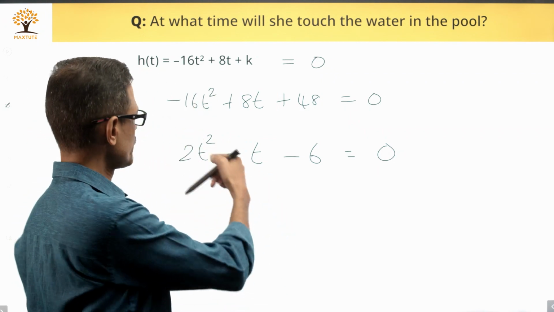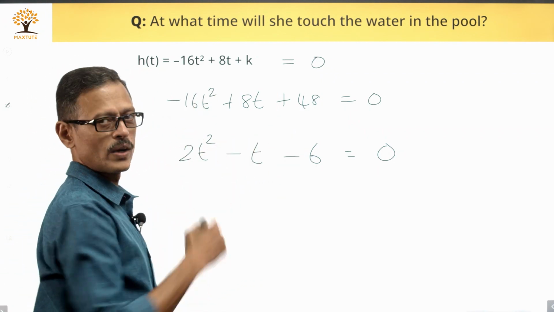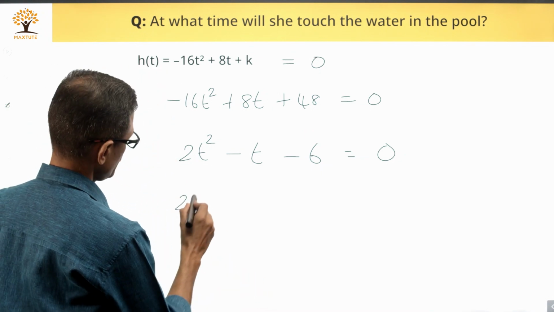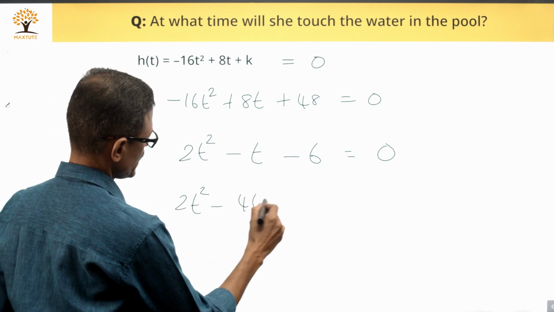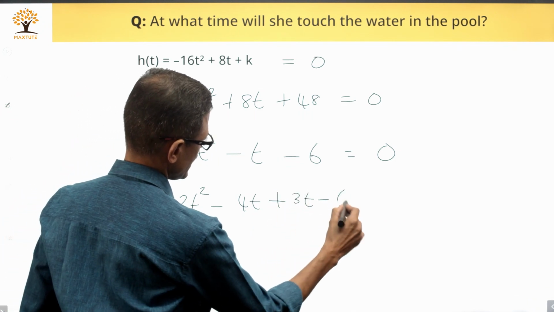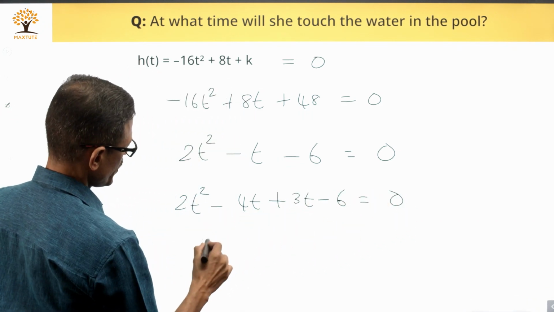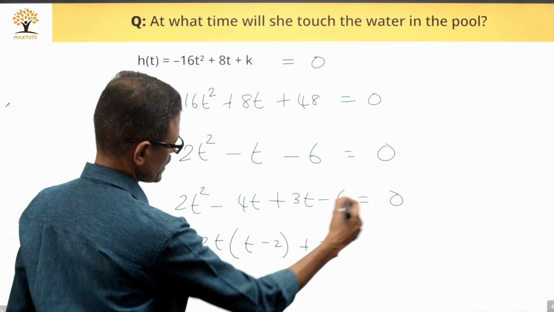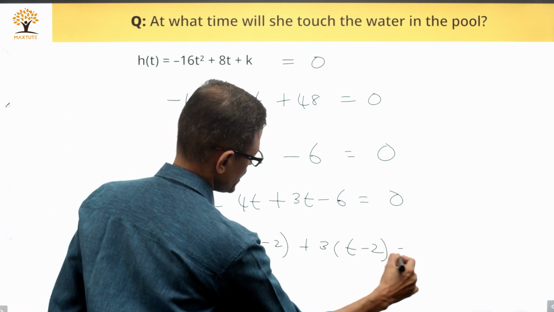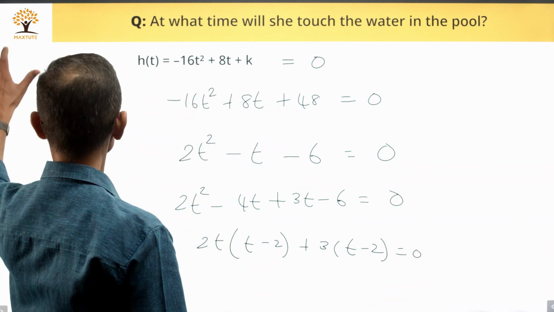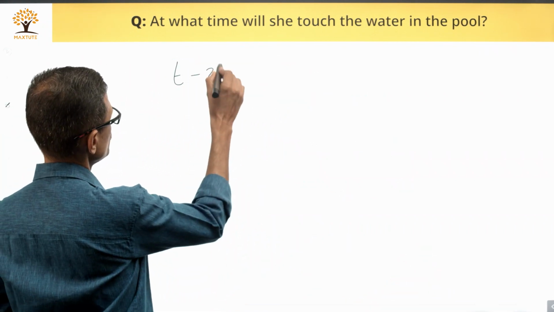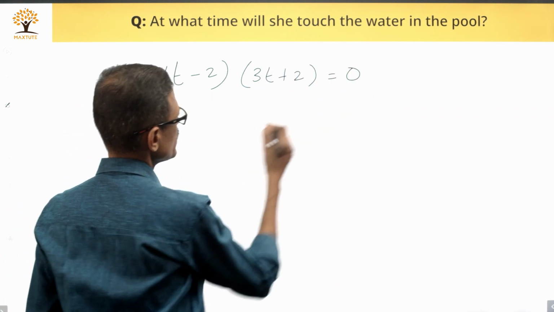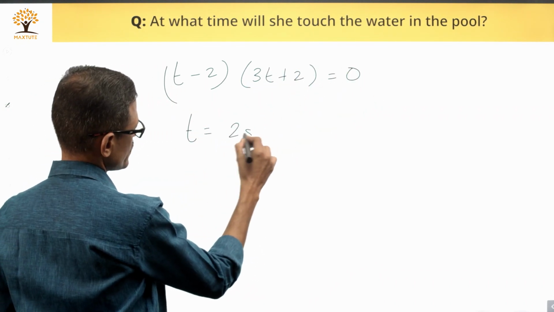Factorize this quadratic equation. Product is minus 12, sum is minus 1. So, it's going to be minus 4t plus 3t. So, 2t square minus 4t plus 3t minus 6 is equal to 0. 2t common from the first and second term, t minus 2, plus 3 common from the third and fourth term, which is another t minus 2 equals 0. t minus 2 common taken outside. So, t minus 2 into 2t plus 3 is equal to 0, which means t is either 2 seconds or